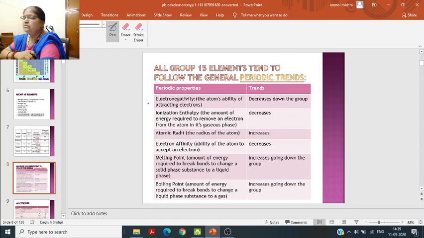Second is ionization enthalpy. Now what is ionization enthalpy or ionization energy? Both are the same. Ionization energy is the amount of energy required to remove or to knock out an electron from the isolated gaseous atom. मतलब किसी भी एलिमेंट से अगर इलेक्ट्रॉन निकालने के लिए जो भी एनर्जी की ज़रूरत पड़ती है उसे हम